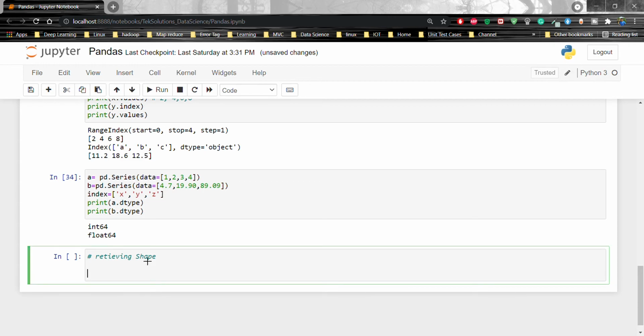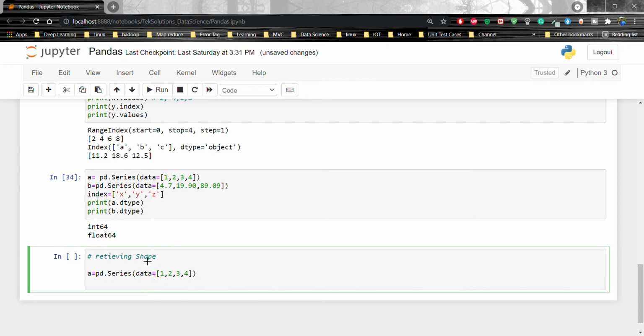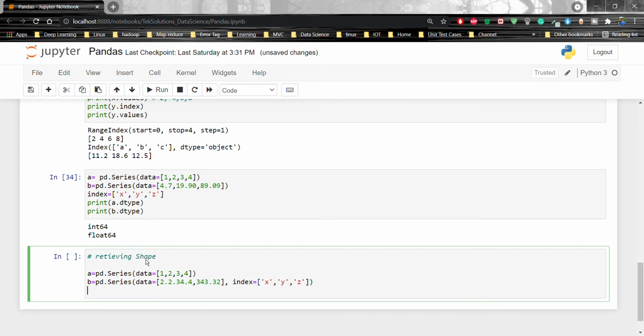So for that, let's create a series. a equals pd.Series with data equal to 1, 2, 3, 4, and b equals pd.Series with data as floats, and I'm going to pass the index x, y, z, and print a.shape.